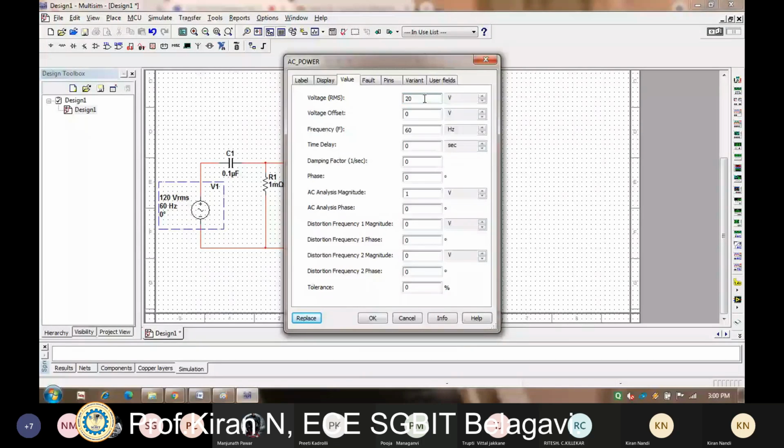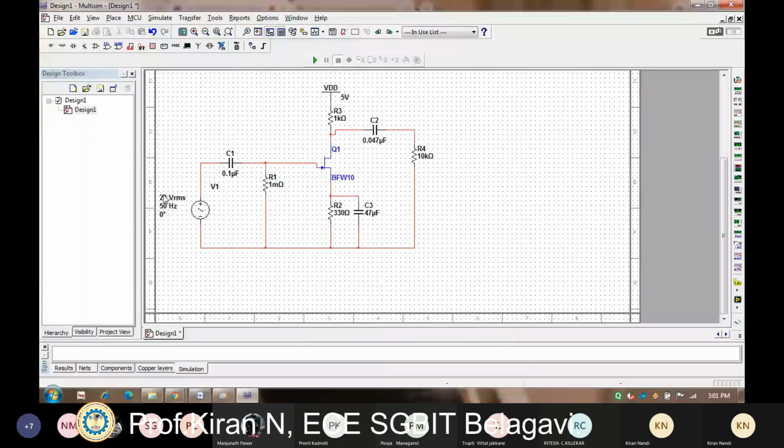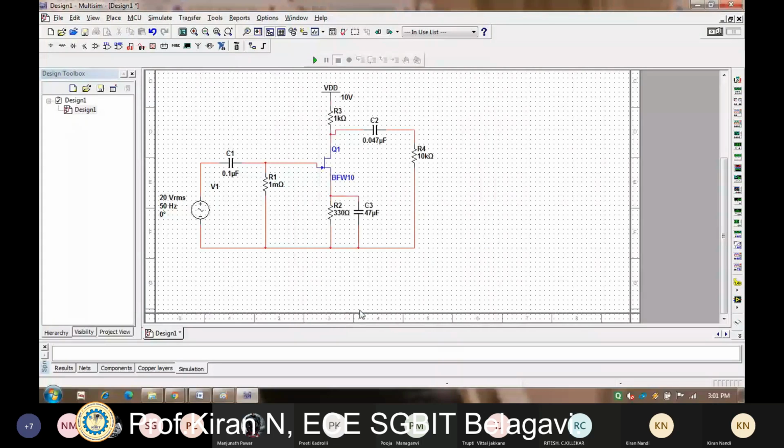Then I want to give a frequency of 50 hertz. Then I'll place it OK. Now you can see the value is changed to 20 VRMS 50 hertz. Then I want to change the VDD voltage from 5 to 10 volt. It was 5. Now I am going to change it to 10 volt. Click on OK. So like this, we are done with the circuit diagram.